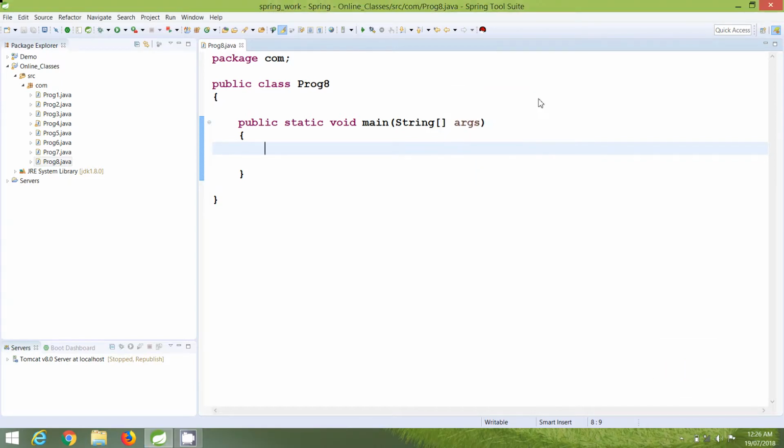In this lecture we will learn how to use selection. Selection means you will learn how to use if, how to use if else, and how to use nested if. First of all, I will explain how to use if. Normally I will say that if this condition is true, then I will print